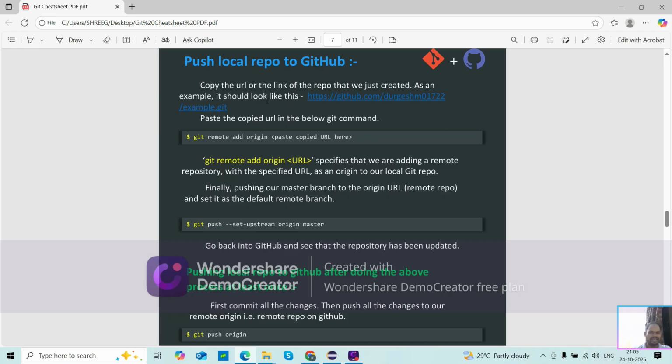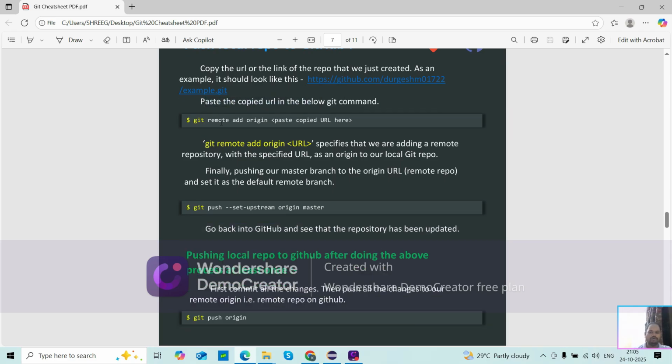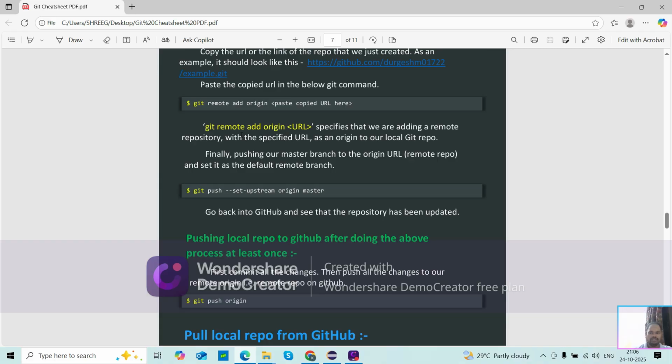As an example, it should look like this. Paste the copied URL in the below git command: git remote add origin and your copied URL.